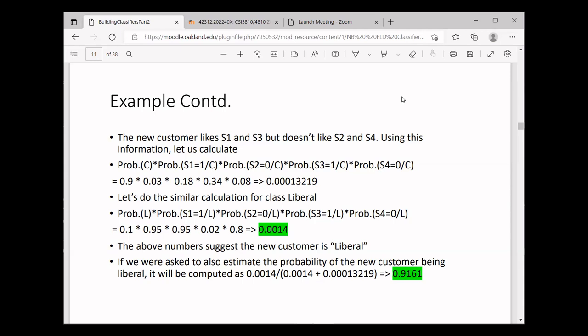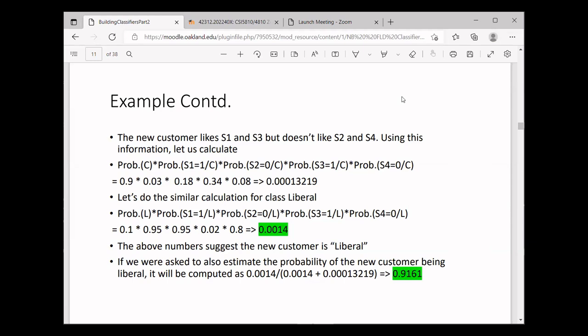And we have two probabilities: one is 0.0014 and the other, in the third line, is 0.00013219. Now remember, these numbers have been obtained by discarding the denominator in the Bayesian